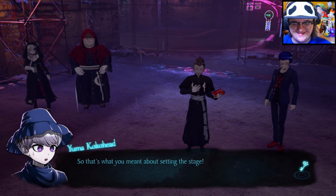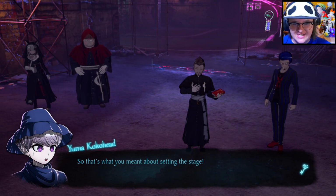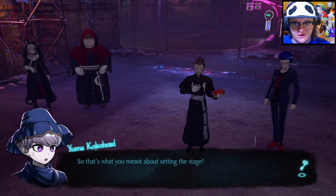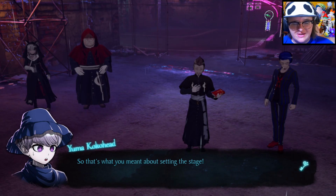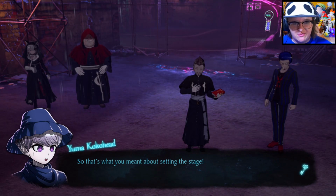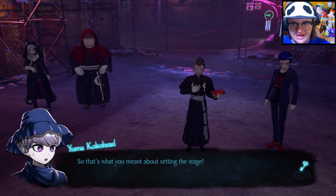So that's what you meant about setting the stage. Okay, well, at least we got an idea of who the culprit could be. So Halara thinks it's one of these four. Okay. I keep saying it might be the worshipper, so right now I'm going to put all my chips on the worshipper for now. But if anyone else...